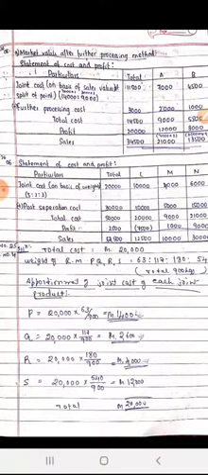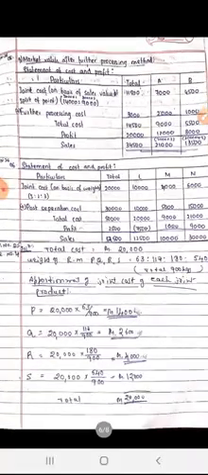It is 2 and 3, right? So A is 2, means units how much? 7,000 into 2, and B is 3,000 into 3. So 14,000 is to 9,000, means 14 is to 9. Total joint cost is given in the problem: 11,500 into 14 divided by 23, and 11,500 into 9 divided by 23. Next, further processing cost is given in the problem: 2,000 and 1,000. Then we get the total cost, then write the profit and sales.